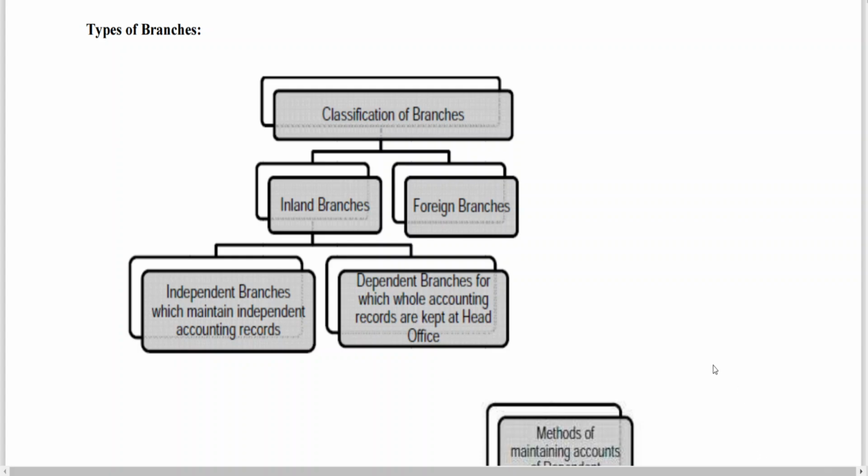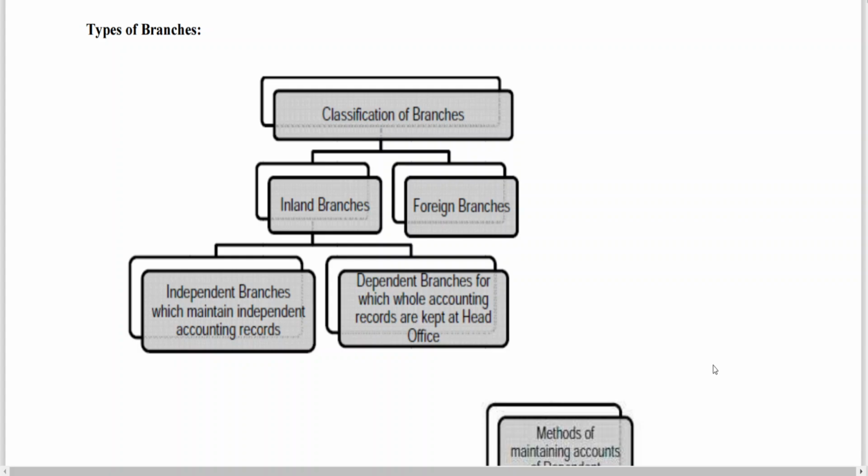Similarly, goods returned by branch, previously we have never seen the entry in the books of branch. Now you will be seeing the entry in the books of branch. Cash sent by head office to branch, we have not seen the entry in the books of branch. Now you will be seeing it. Cash remitted by branch to head office, that we have not seen, that you will be seeing. So a few examples I am giving you. Expenses incurred by head office on behalf of branch, previously we have not seen that entry in the books of branch, that we will be seeing. Similarly, purchases made by branch on behalf of head office, that we have not seen so far, that is a new entry.